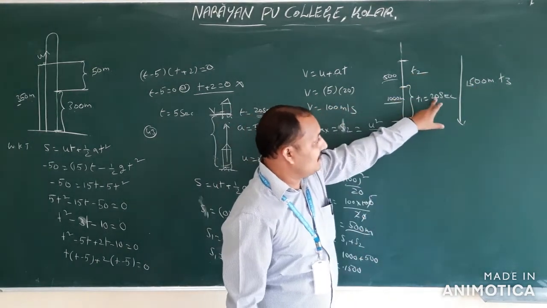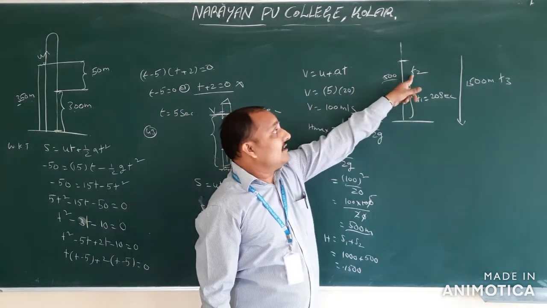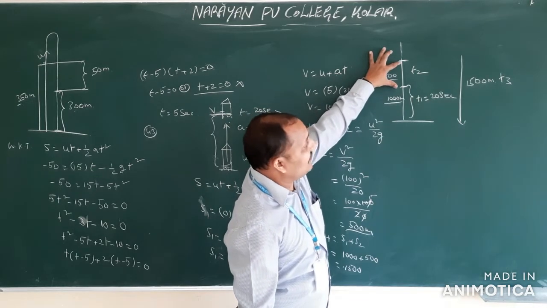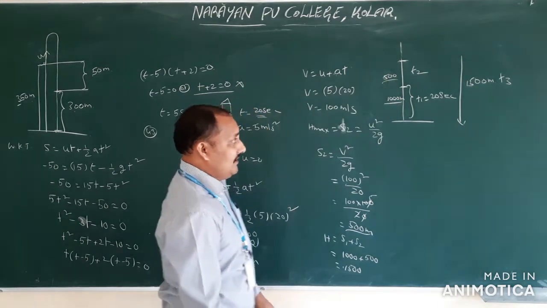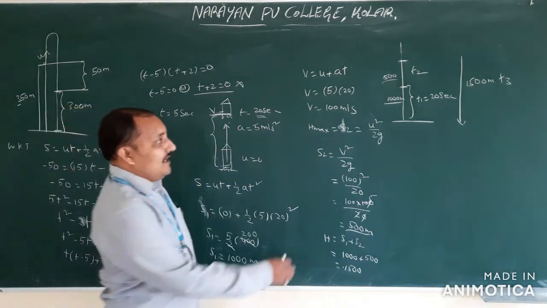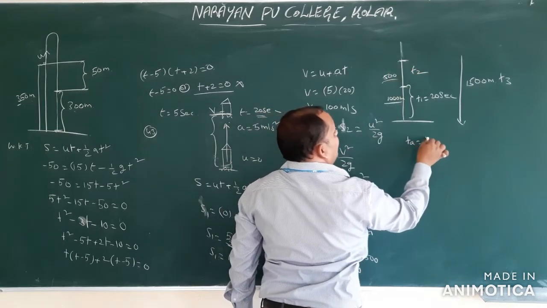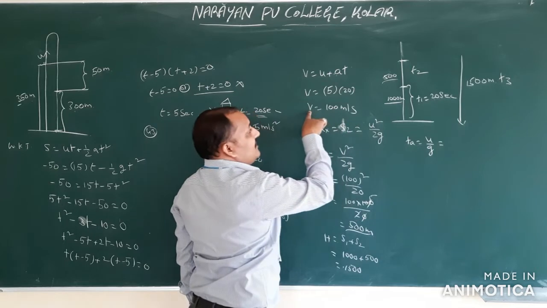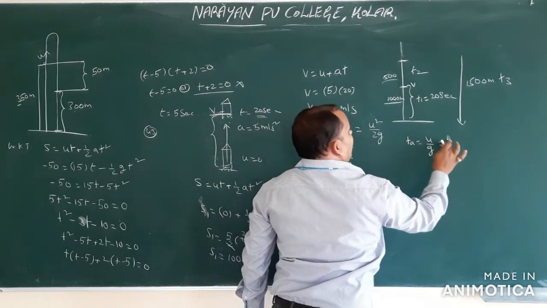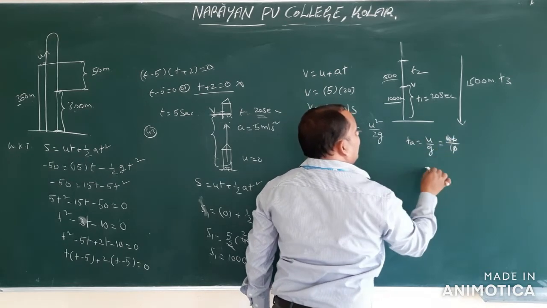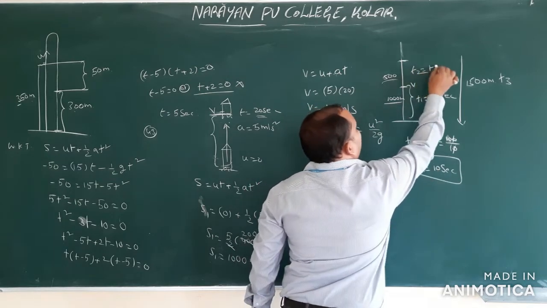This t1 they gave only, 20 seconds. This t2 we should calculate. How much height is it reaching? 500 meters, isn't it? So you can apply the u by g formula, the time of ascent to reach maximum height, that is ta equal to u by g. What is the initial velocity here? Here the velocity is 100. 100 by 10 is 10 seconds. Ta is nothing but t2.